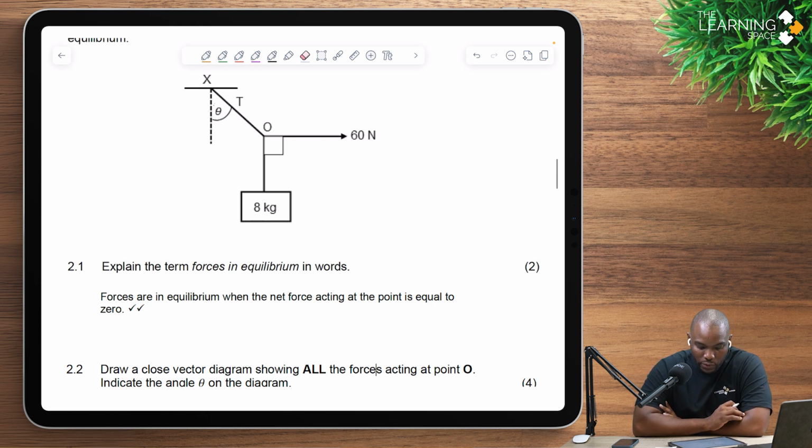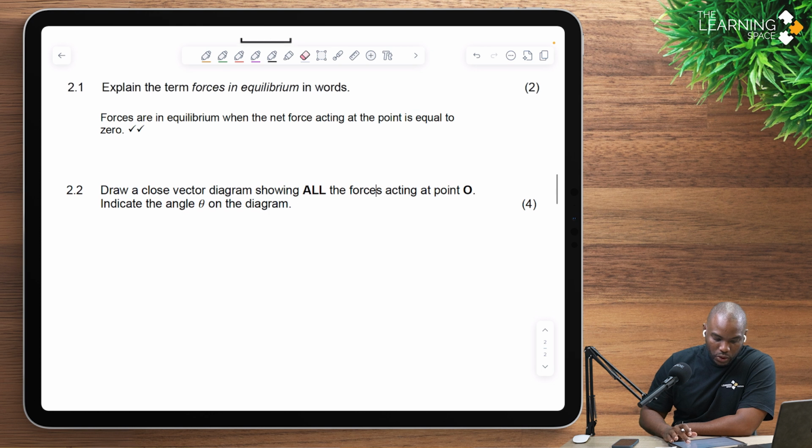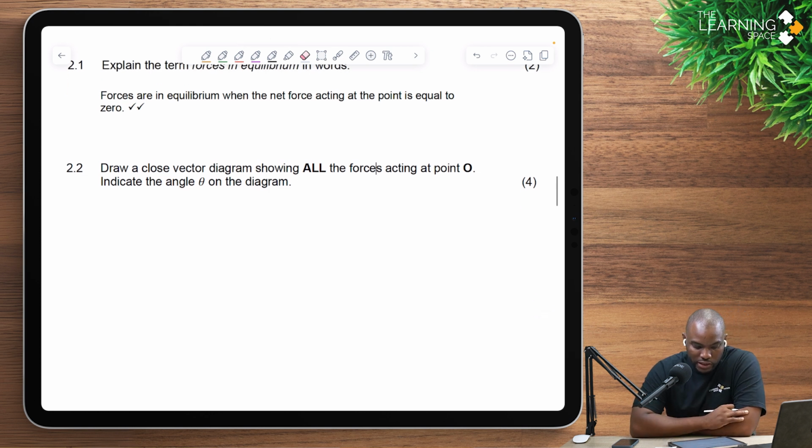So forces will be in equilibrium when the net force acting at a point is equal to 0. Super easy, super chilled. Let's jump to the next one, 2.2. 2.2 then says draw a closed vector diagram showing all the forces acting at point O, indicate the angle theta